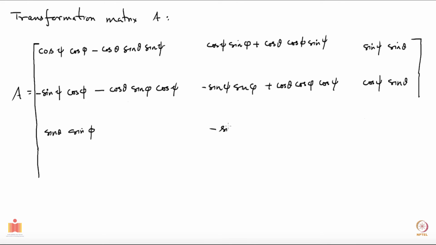Let's write here minus sine of theta, cos of phi. And then the final entry is cos of theta, which will become 1 when theta is 0. So in that limit you will have all the entries to be 1 on the diagonal and all others 0. So which looks at least good from this check. And you should also try to see if you can come up with some other checks which you can do on this. Okay, so this practice should always be there of doing some small checks quickly here and there, so that you're sure that everything is good.